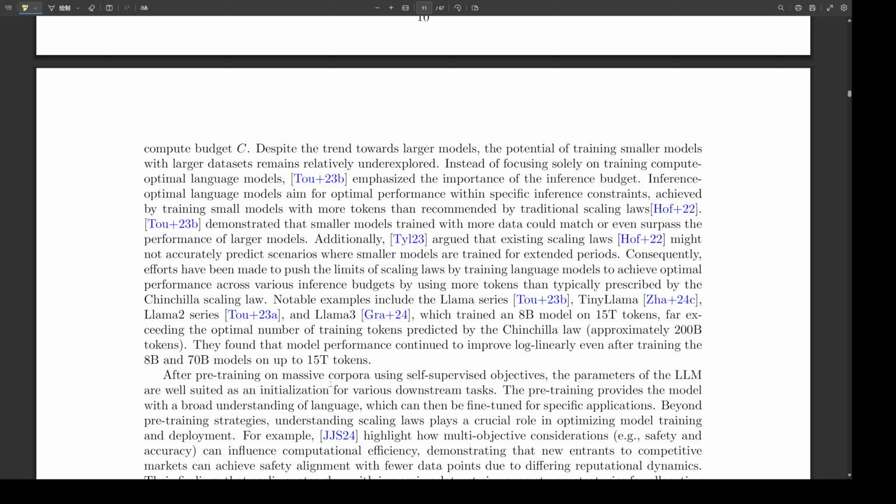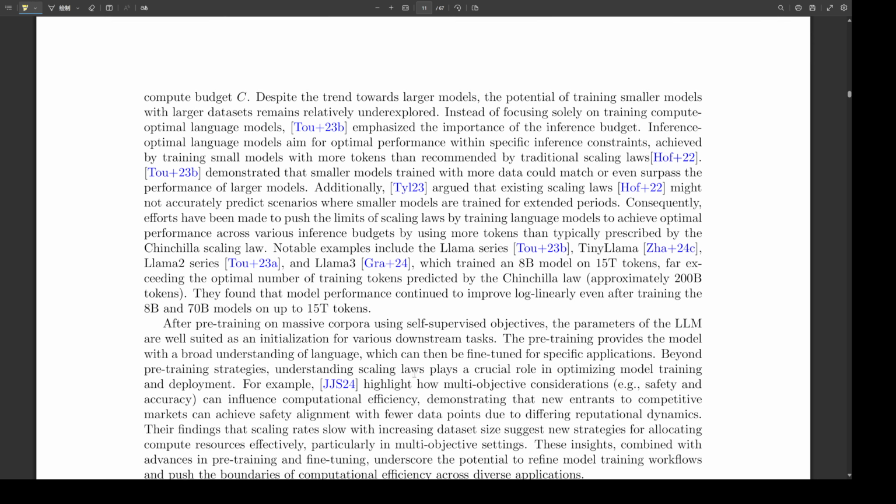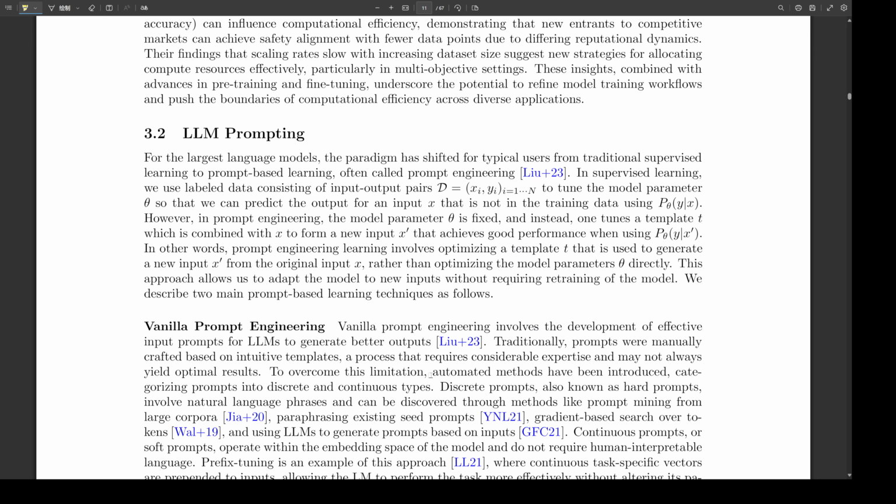And then there are domain-specific corpora, which are more focused data sets tailored to particular fields like finance, medicine, or law. They're used to fine-tune models for those specific domains. So you start with a broad understanding of language from the general corpora, and then you specialize it with the domain-specific corpora. Exactly. And deciding which data to use and how to mix different sources is a whole research area in itself. There are techniques for selecting the most relevant data and weighting different sources appropriately. It sounds like there's a lot of art involved as well as science.